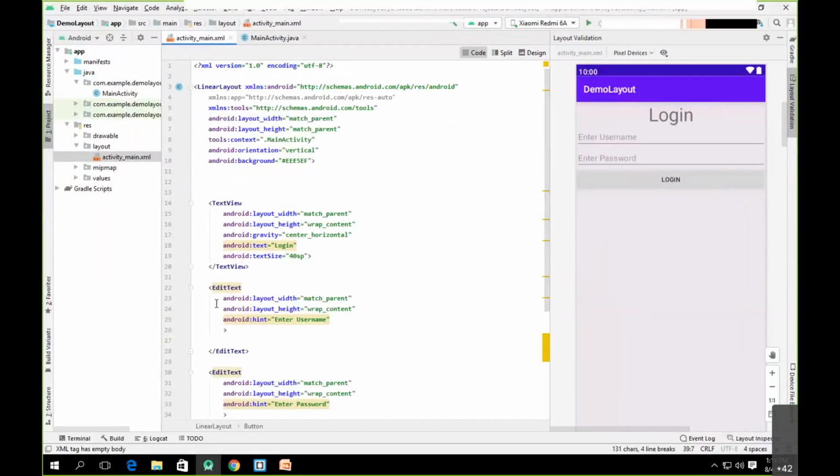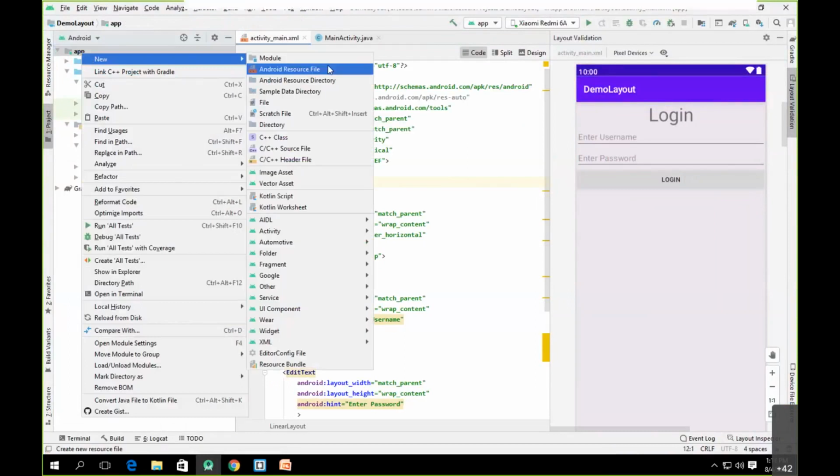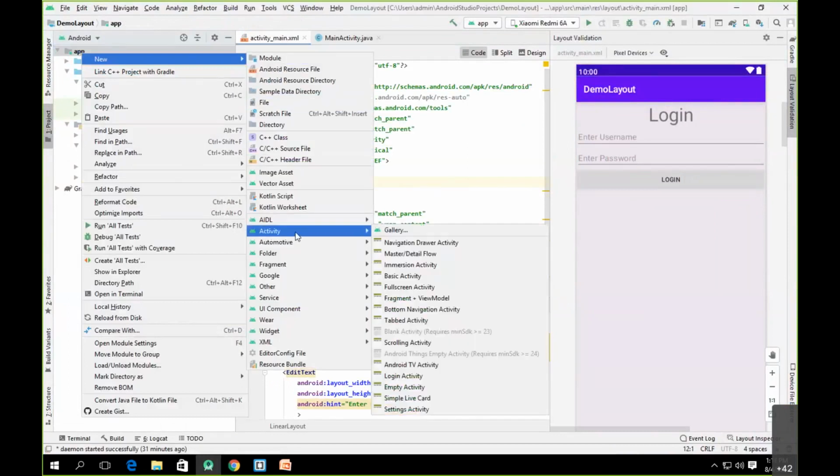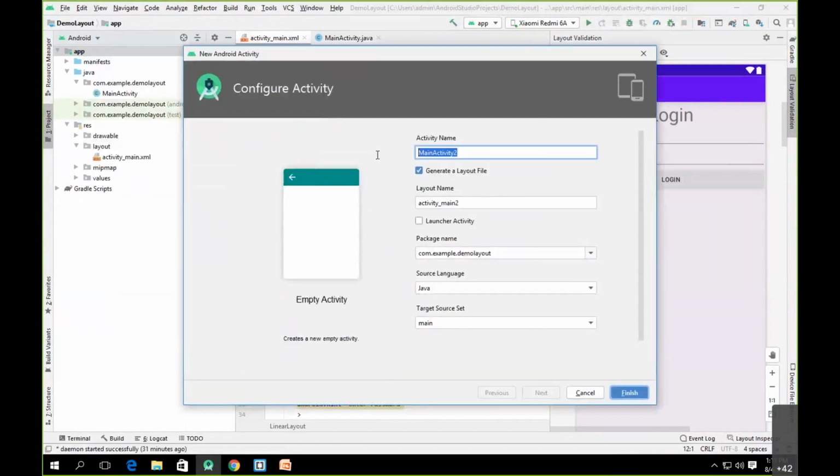So I'll keep this layout as it is. I'll simply add one more activity. So I'll go here and right click on new, and then we'll add one more activity and we'll choose an empty activity. Now here we'll call it as main activity 2.